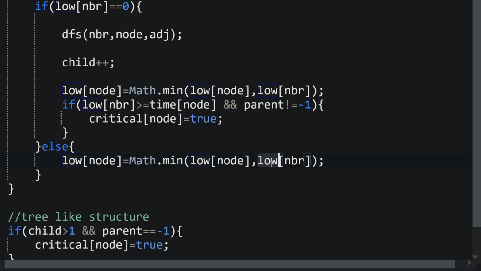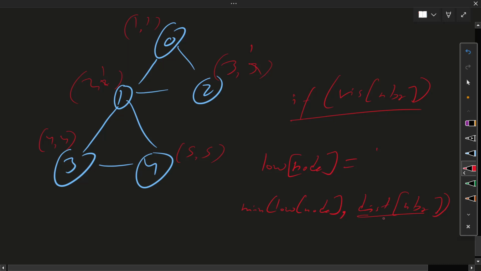But I did low of node or low of neighbor. So what I did is I got value 1, but they are getting value 2. So why does this create a difference, and why did my solution work if I take low also?